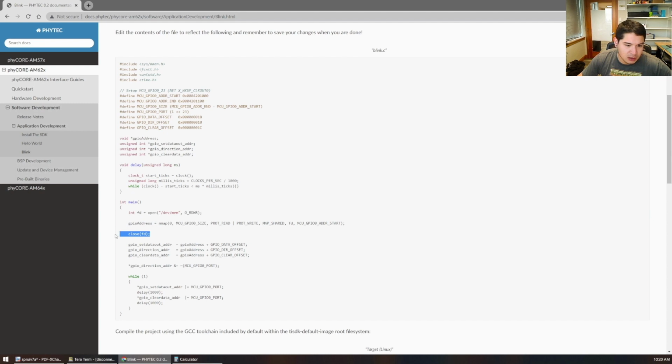Once we memory map, we can close that file descriptor. The memory map will be good. And then, like I said, we're just adding those offsets to the base. And now we have individual addresses in virtual address space for set, direction, and clear. And then now we're actually starting to flip bits. So this one, this AND of the NOT of the mask, this is essentially going to clear the 23rd bit, or,